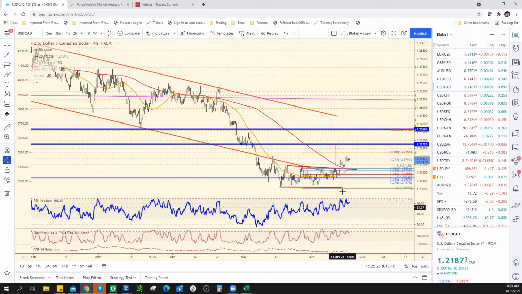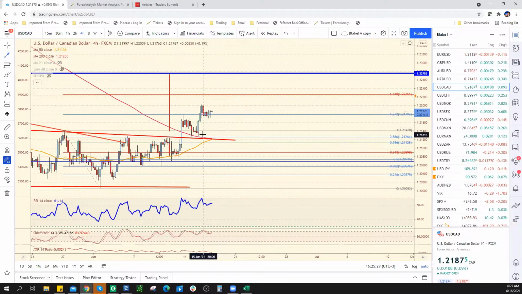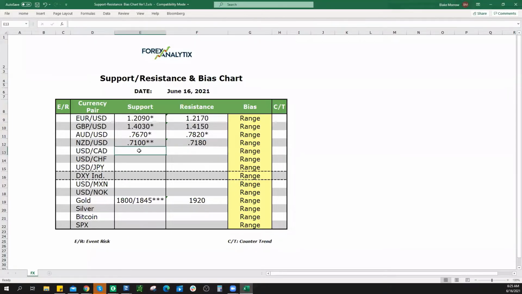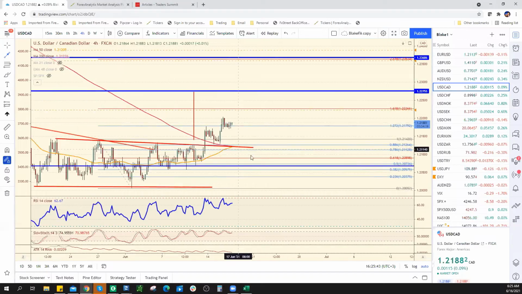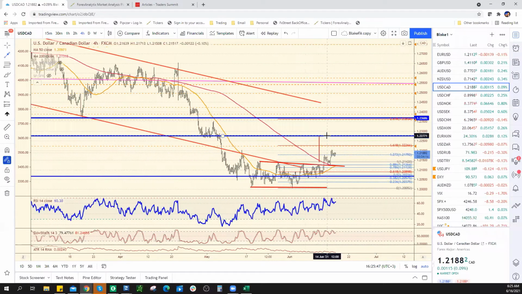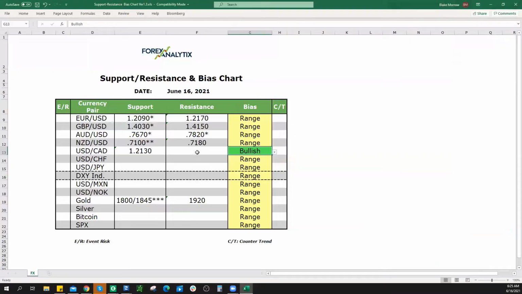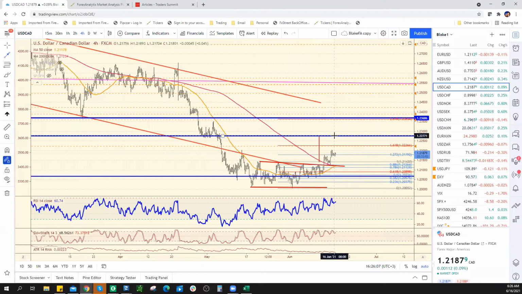Dollar Canadian. So we've got to stay bullish on dollar Canadian while we're above 121.30. Our range extension takes us all the way up to 122.80, but first resistance today will be, oh hell, I'm going to write that down. But I'll write down 122.30 right here. Okay.